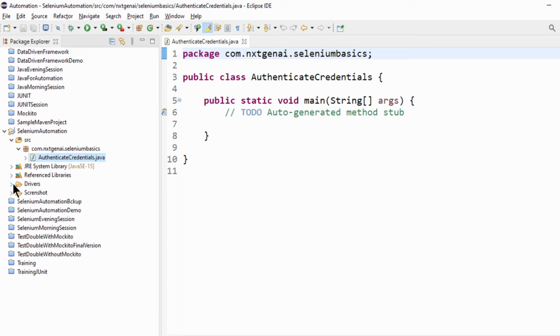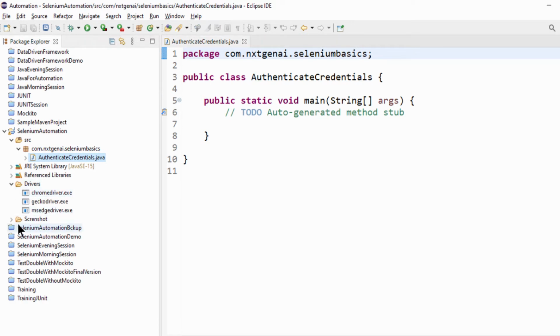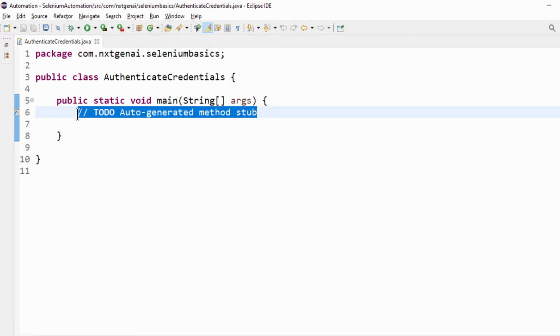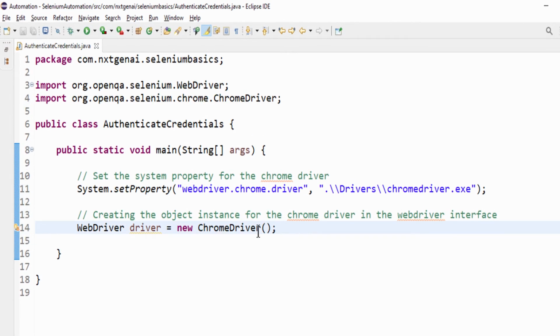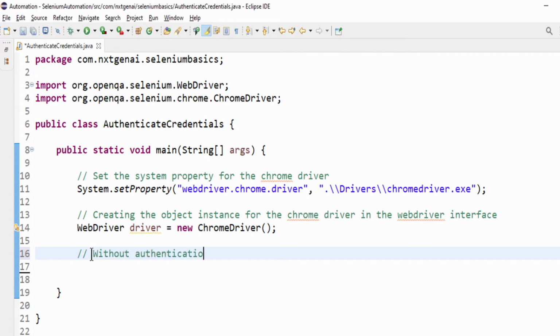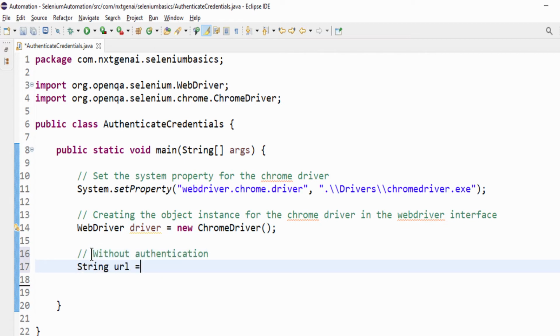We are already done with the driver setup and also added the necessary Selenium jar files. In the previous videos, we already learned how to set the system property and create the object instance for the Chrome driver. First, without authentication, let's parameterize. So this is a URL, a direct URL.